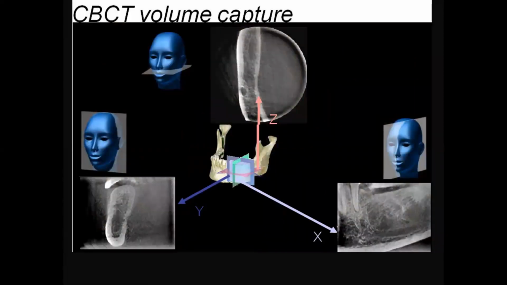Let's come back to these images. You can see this is a side view showing the mesiodistal, so it is called sagittal. The top one is a top view, when you see it from above. You can see a mental foramen over here, and this is a coronal view. When you see it from the front, it is called the coronal view. You can see all four: superior, inferior, buccal and lingual.